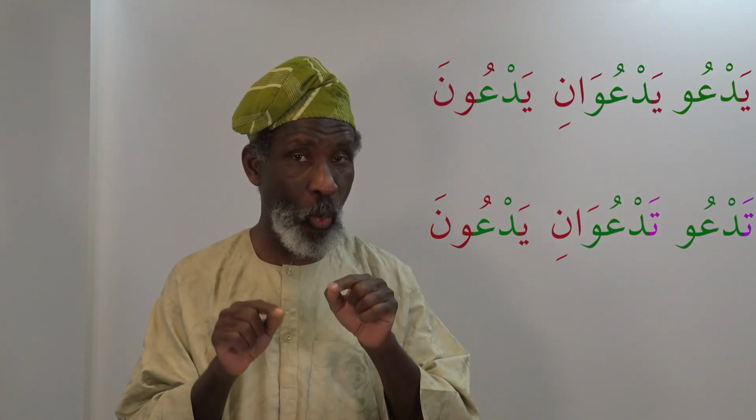So the table of this third person, meaning al-ghaibin wal-ghaibat, is yad'u, that's he, tad'u, she, yad'uwani, they, two masculine, tad'uwani, they, meaning two feminine. Yad'una, that is for three or more masculine. Also, yad'una is for three or more feminine. The only thing is the wow in the feminine plural is an original wow.